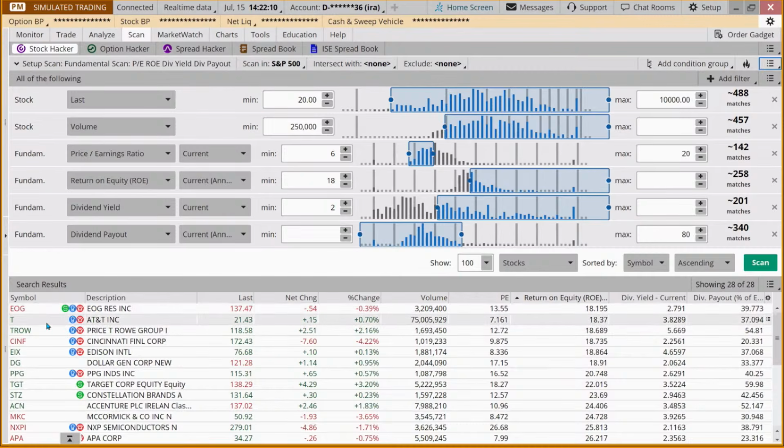Now, what I want to do is take a look at two of the stocks. I looked at every single one of these, and you can do that for homework, but I want to look at EIX and DG because these two stocks met not only the fundamental parameters in the search, but they also meet our two green arrow technical buy signal. So I wanted to take a look at those, place a trade or two, and then finish up the class by giving some more details about those different fundamental components.